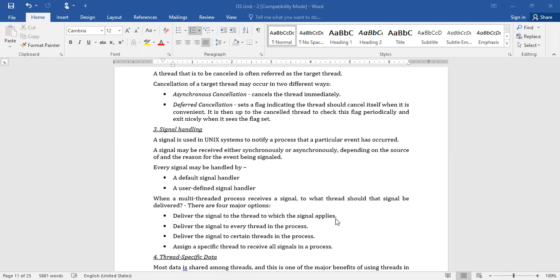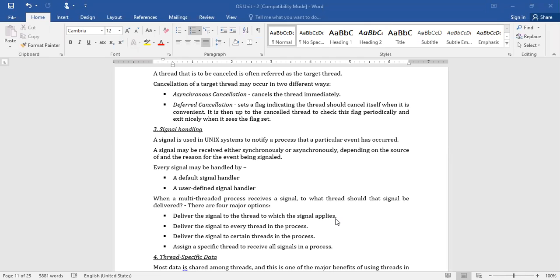What is the first one? Deliver the signal to the thread for which the signal was meant. Or deliver to the whole set, or deliver to part of the threads, or assign a dedicated thread which can receive all the signals.